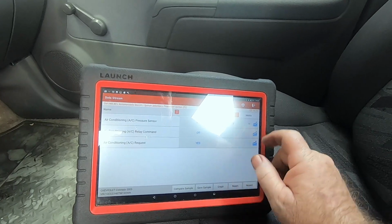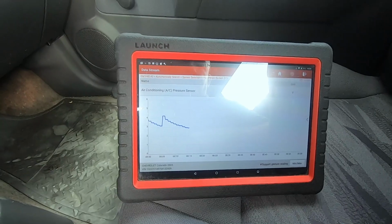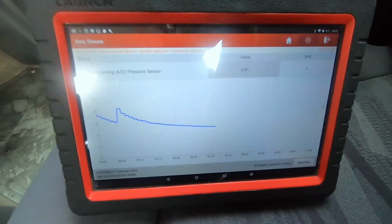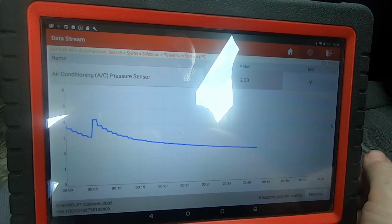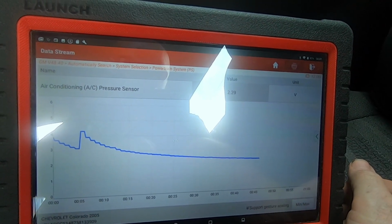Pressure sensor 3.2, 4.1. Key on, engine off. What does my pressure transducer say now? Going down. So what this is telling me now, I don't know if you guys can see it, I see a big glare on my GoPro screen. There's a pressure change on the high side at that pressure transducer, but the machine still shows 0 on the